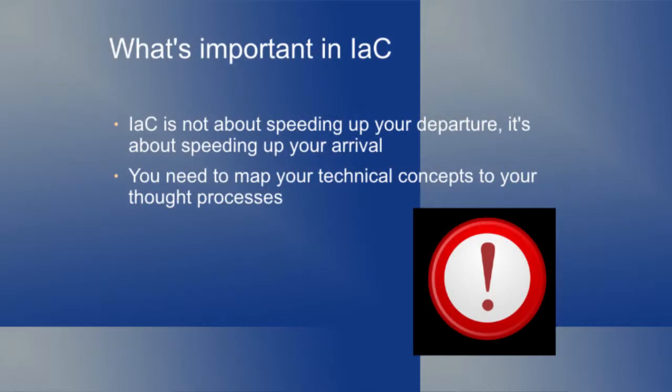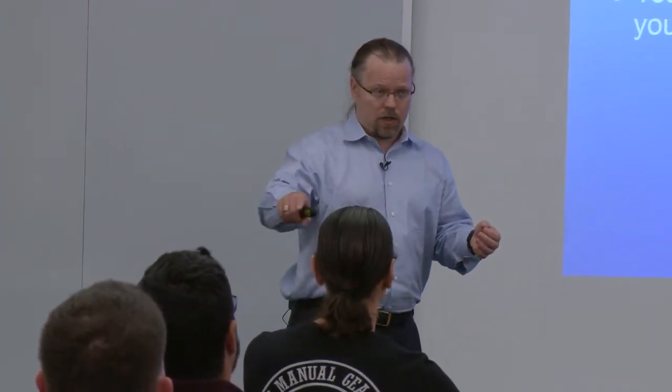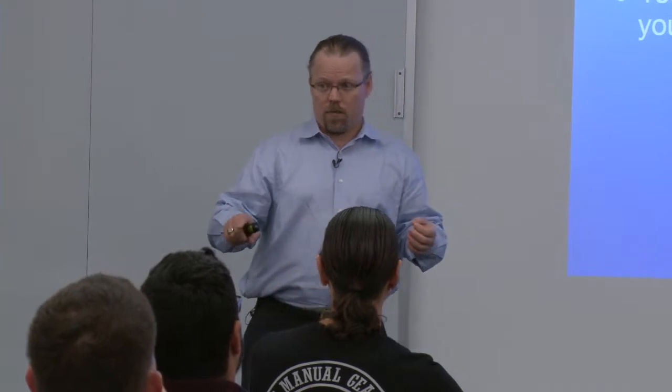First of all, what's important in approaching infrastructure as code? I'm sure everybody has heard we need to make progress, start doing something now, please. Infrastructure as code is not about speeding up how fast you get going. It's about speeding up how fast you complete. So yes, it will seem in the early days that it takes a little bit more time, but then you'll be done. And you'll be done while people who are trying to click in a console are still chasing odd bugs and something that worked yesterday can't be repeated.